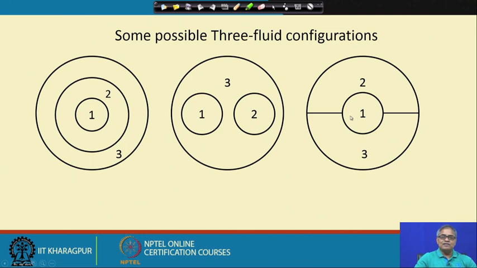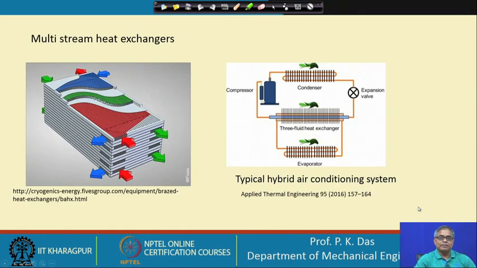In the third design, what we can see is that there is a central tube, at the top there is another fluid passing, and at the bottom there is another fluid passing. So, again here we will have a different kind of thermal communication. So, many design variations could be done. These are conceptual arrangements I have shown, but let us see how an actual 3 fluid heat exchanger looks like.